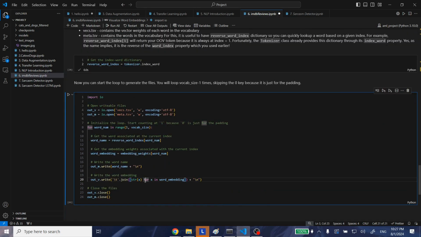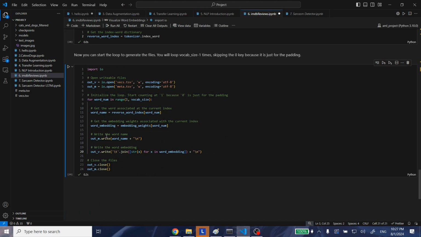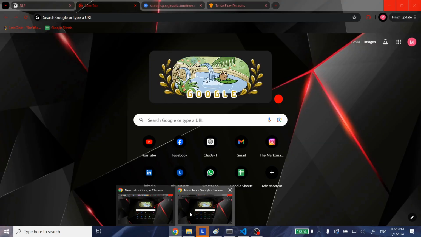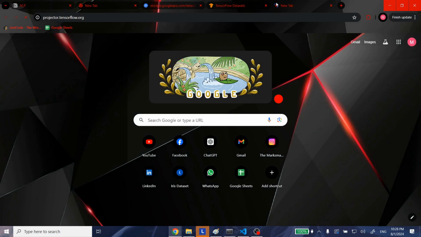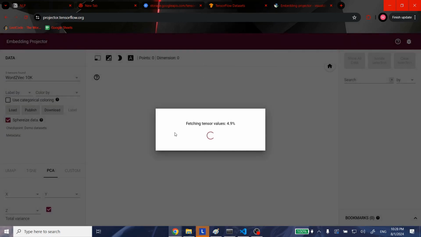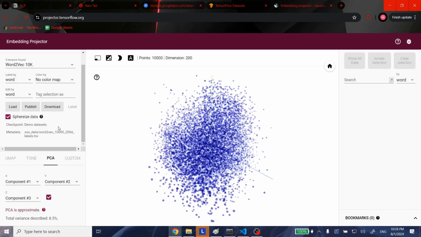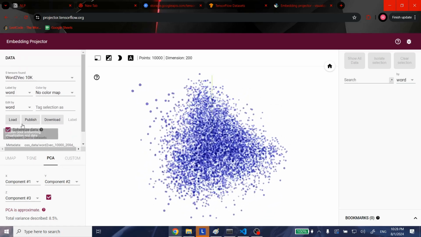I can even show this to you. So it's going to get all of the words and save them into your meta file, and all of the weights will be saved in your vecs file. So we have these two things. Let's quickly go here and let me show you this representation very quickly. So over here what we need to do is we need to load